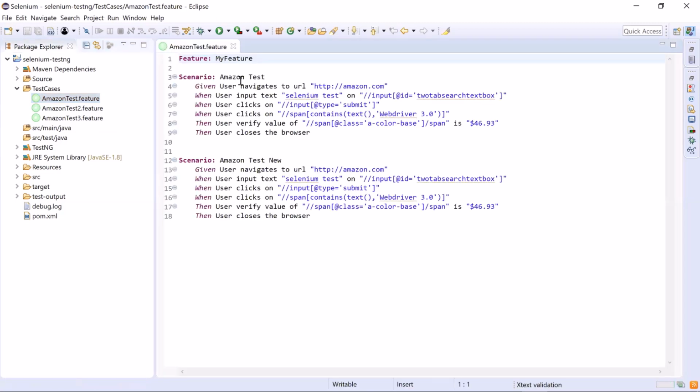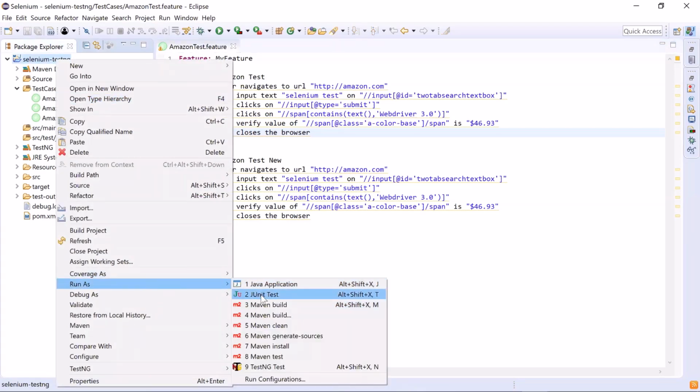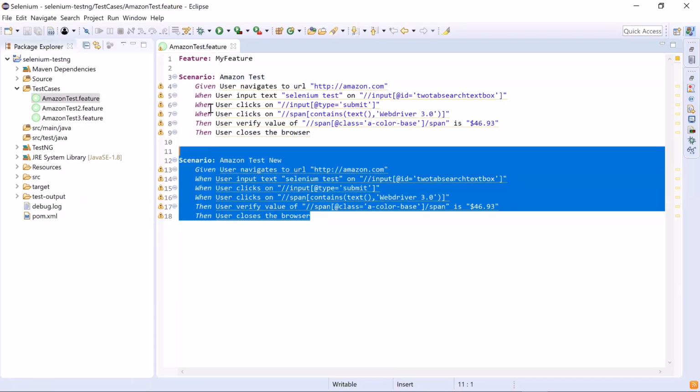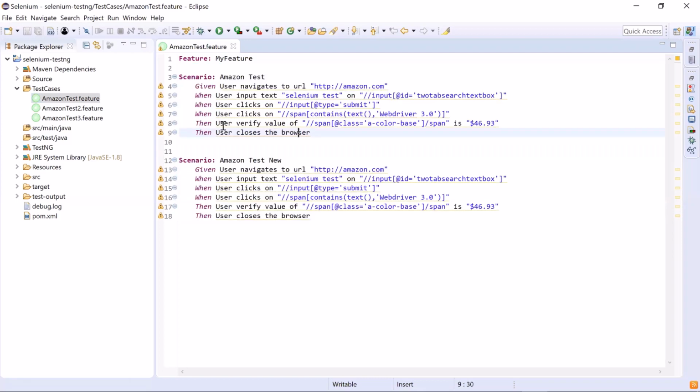But in TestNG, scenarios can also be executed in parallel by setting the data provider parallel option to true. If you have dependent scenarios in a feature file, then you won't be able to run scenarios in parallel mode.